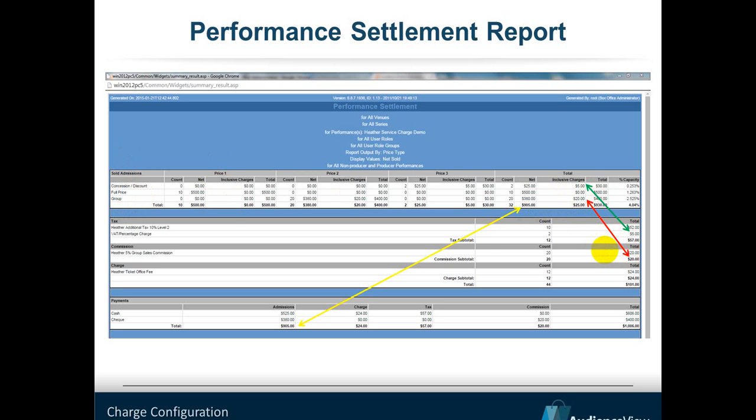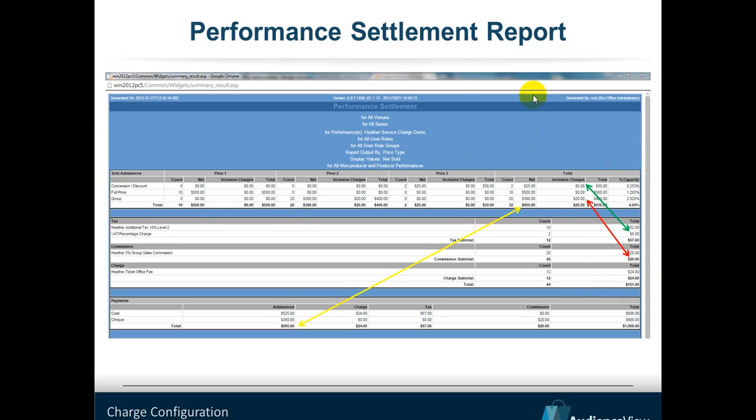And then I've also configured on my full price, I've configured additional tax, and I've configured an additional charge. So I'm not going to see anything up here under sold admissions because this is not showing us any additional charges. It's only showing us inclusive charges. I do see those charges down here in my additional tax, and my ticket office fee is under the charges